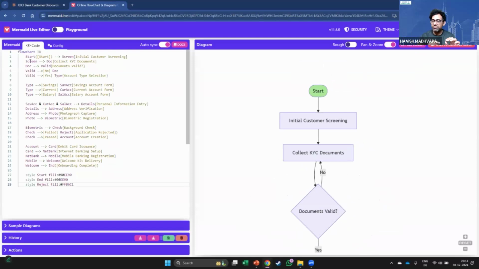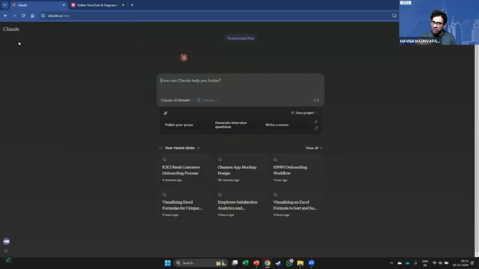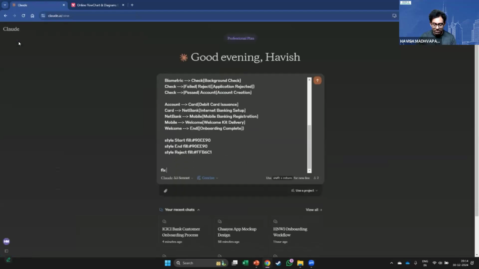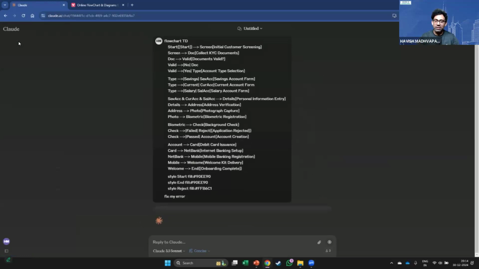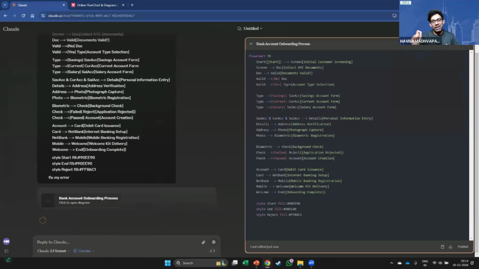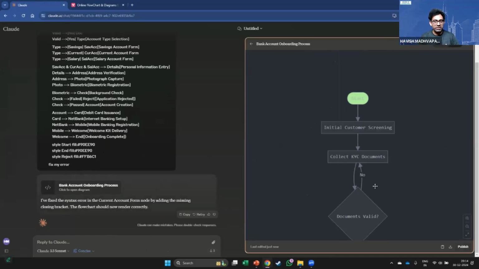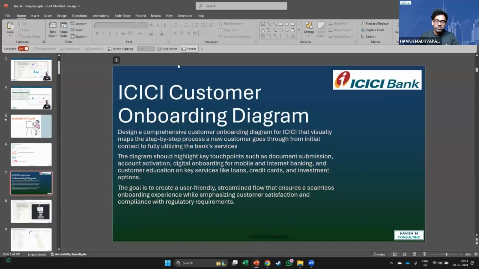At any point, if you're not sure if you're modifying the code correctly, no need to worry. Let's say I made a mistake here, right? Now it tells me there is an error. It's as simple as copying it, coming back to Claude, and asking it, fix my error for me. So I can simply say, fix my error. That's the beauty of generative AI, that even if you don't get something right, you're not completely dependent on the tool. You can ask the tool to rebuild what you have accidentally gotten incorrect. So as you can see, even if the code was incorrect, you can fix it. So that's the first example I wanted to give to you.